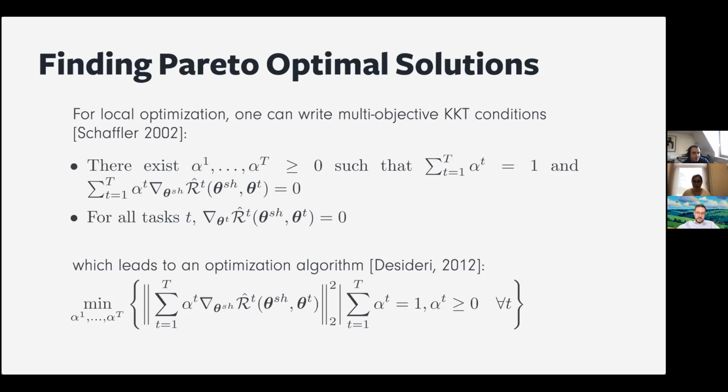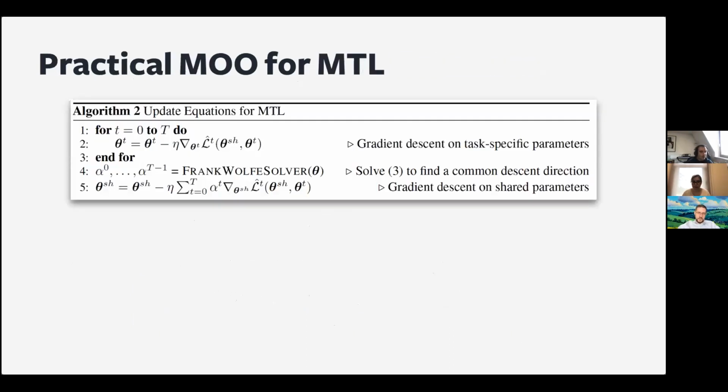And this is nice because this optimization problem is not bad. The alphas are the number of tasks, which is a reasonable number, and this objective is convex quadratic, and constraints are linear, so everything is nice here. And if you go deep, you can see that it's even nicer. You can apply a Frank-Wolfe type optimizer without any hyperparameters. So there is a trivial way to solve this problem.